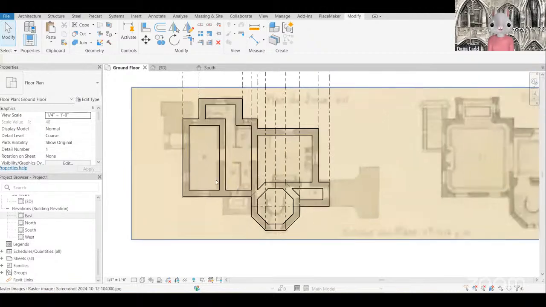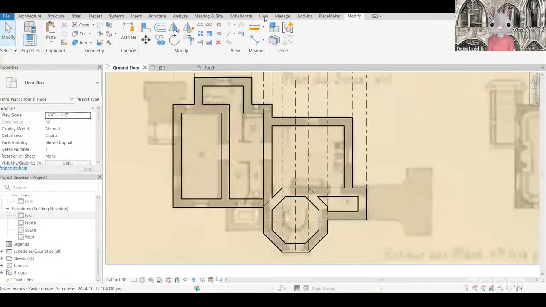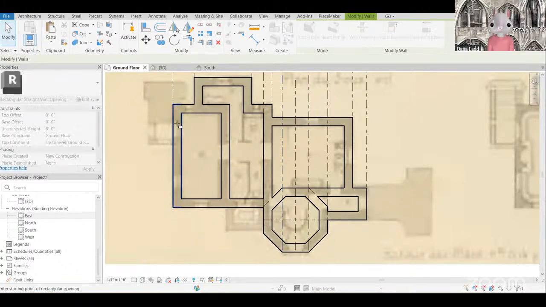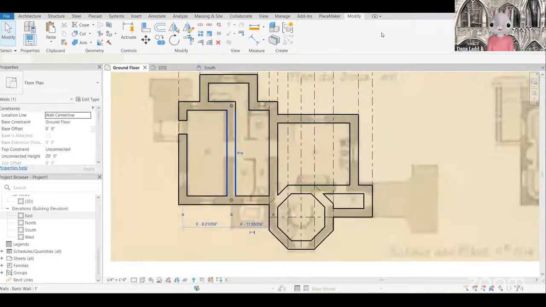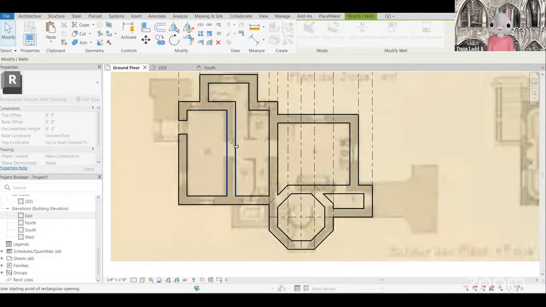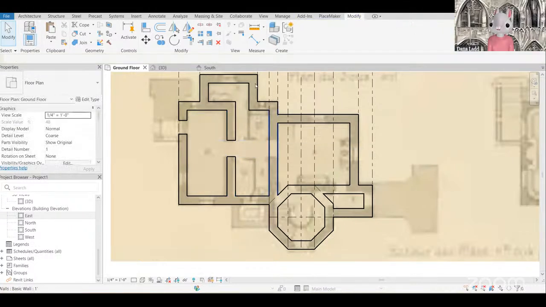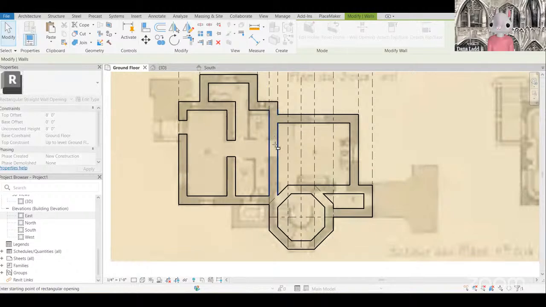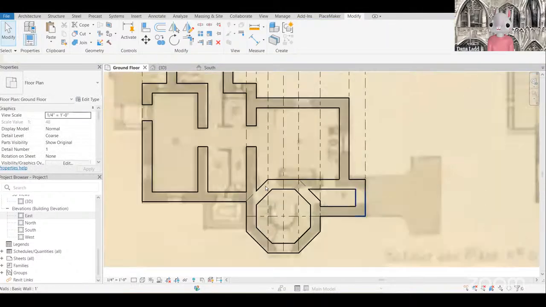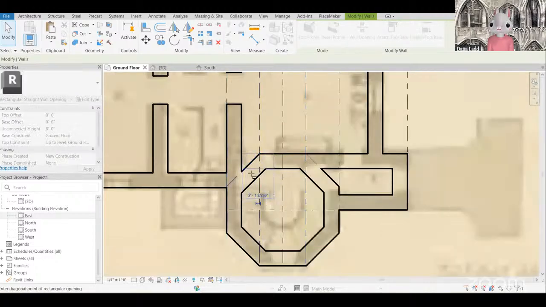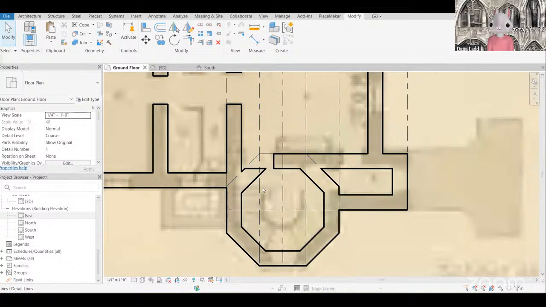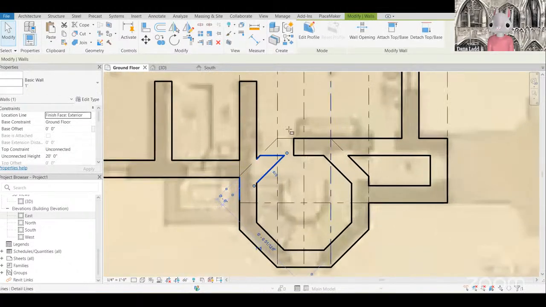Okay, and let's make some openings. So let's just select one of the walls and say wall opening and make these little openings here. Actually, just make them on the interior for now. Don't make them on the exterior because we're going to make windows for that. So select wall opening, perfect. Select, okay, wall opening, perfect. Select this one, wall opening,